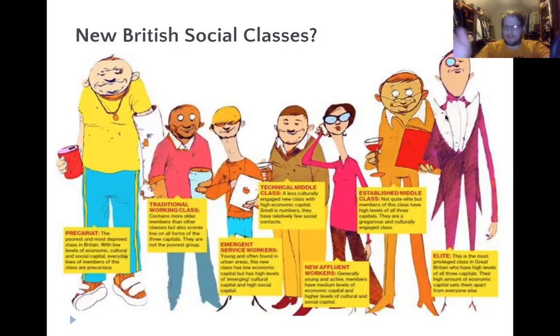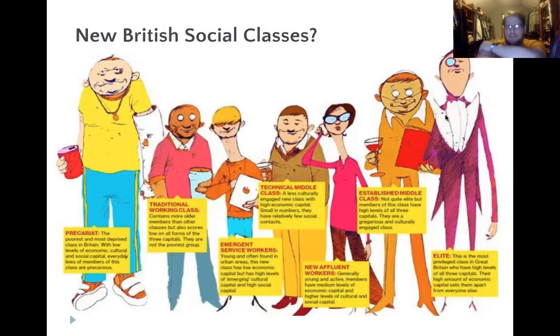Then you're seeing new affluent workers. These are people who are breaking out of the traditional middle class mold, people probably with a middle class income, but who are young and more active in the business or political sectors, attempting to create connections for movement up towards the top.